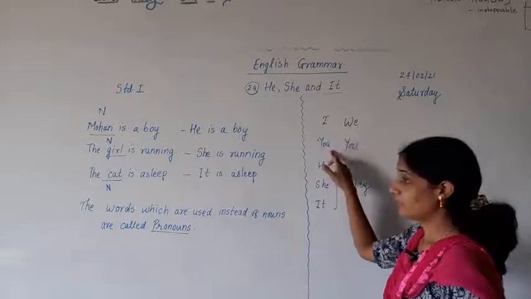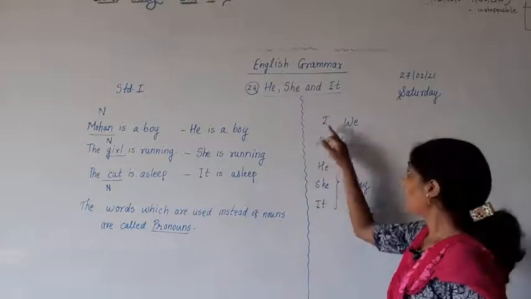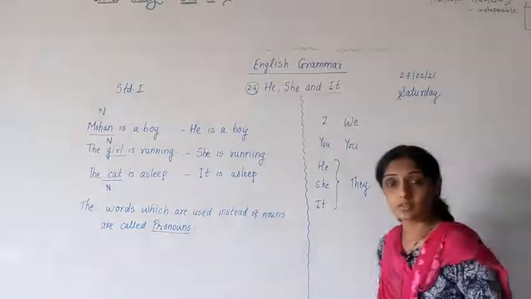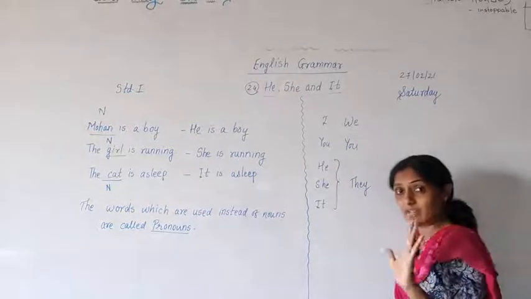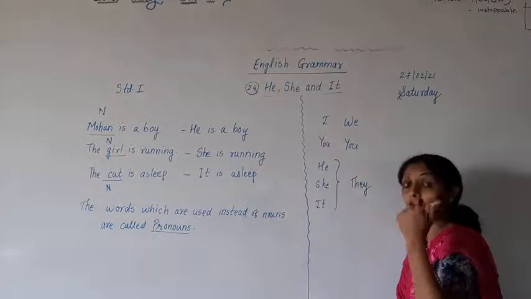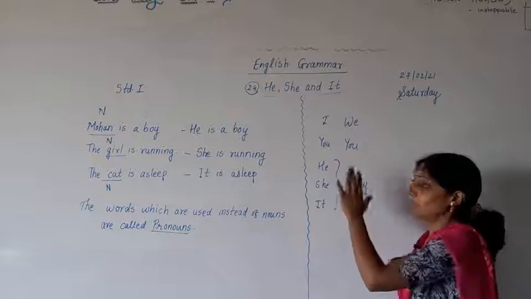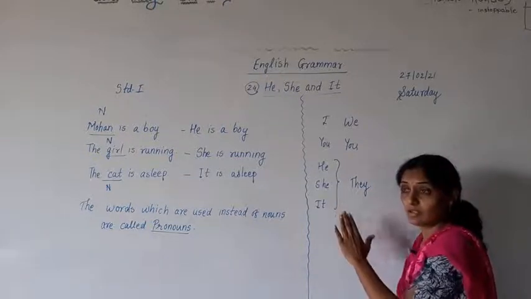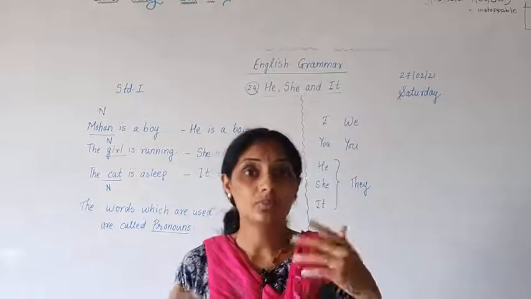1, 2, 3. Now these are same. So only one time we will count it. Okay. 1, 2, 3, 4, 5, 6, 7. 7 pronouns are there. Okay, now keep in mind only these 7 pronouns. Many more are there, and when you go to second standard, third standard, you will learn them. But keep in mind there are 7 pronouns. In first standard, you learn only 7. And if you want to keep them in mind, what do you have to do? You have to sing a song.